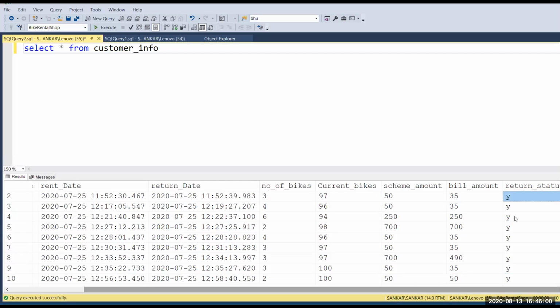The return status is maintained here. If the person has not returned the bike, n will appear here. If the person has returned, the query automatically inserts y. So n and y are for no and yes, that's all.